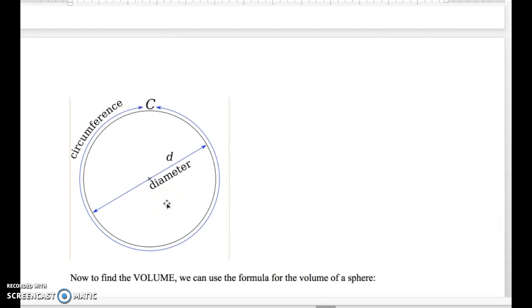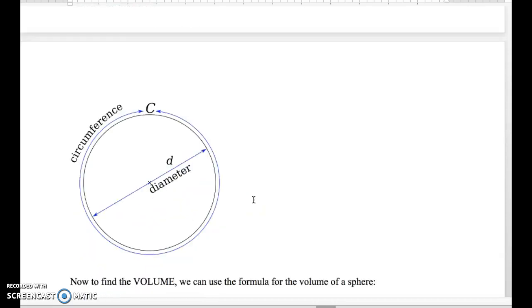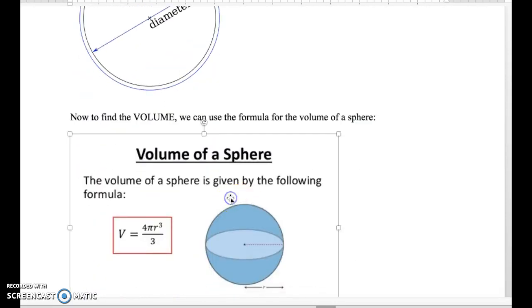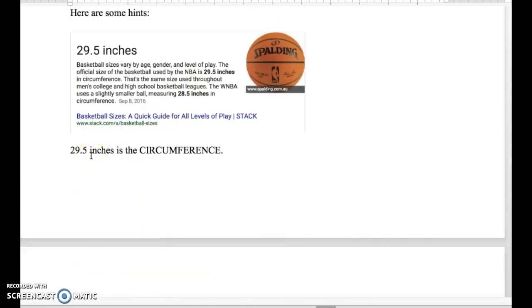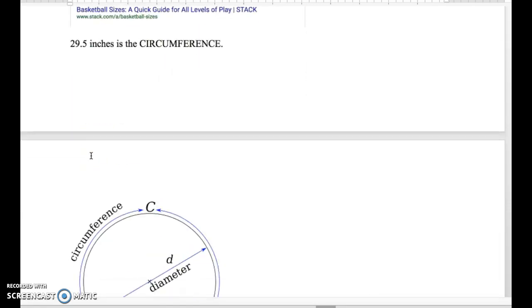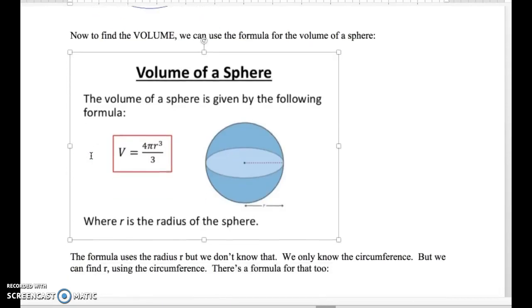So what we do need, though, is the radius, and here's why. Because to find the volume of a sphere, we need the radius. We don't have the radius, we have the circumference, which is 29.5. So we're going to have to work backwards to find the radius. Well, we can do that because we do know